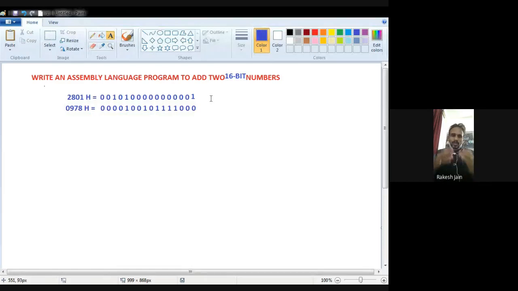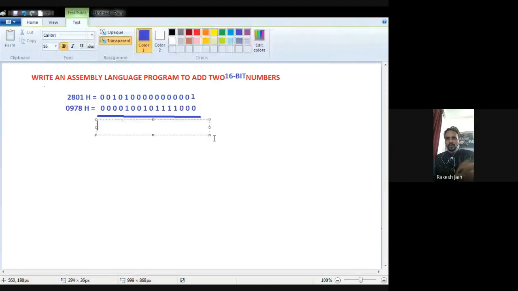Now we are going to write the assembly language program to add these two numbers. First of all, we see what my result will be. In binary addition, I know 0 plus 0 is 0, 0 plus 1 is 1, 1 plus 0 is 1, and 1 plus 1 is 0 with carry.